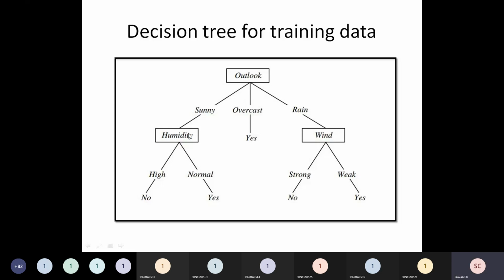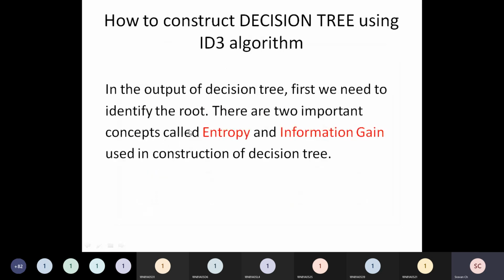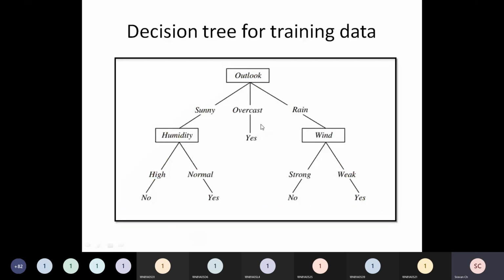Here I have written humidity. Here we have written wind. But how? How can you write humidity and wind? Why not temperature? Instead of humidity, why not wind? On what basis have you written it? So again we are at a question mark. If it is sunny, then what next? Similarly, if it is rainy, then which node will come next? We don't know as of now. This is the final output, sir, but how we arrived at humidity and wind, that calculation we should see.